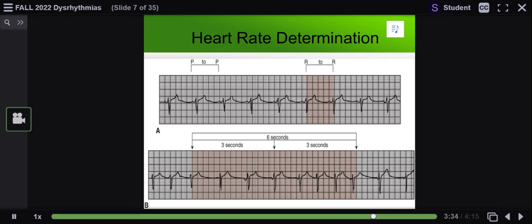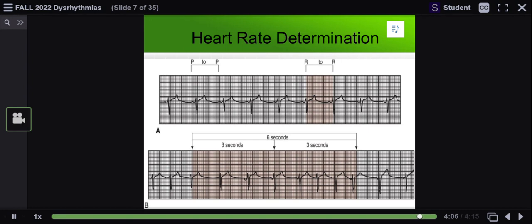Okay, so it doesn't have to be the R. Like I said, you can also use the P wave if you want to know the atrial rate. So count the P to P interval in this rhythm strip, multiply it by 10, and that would give you an estimate of the heart rate. And obviously, as you can see in this strip, the rhythm is irregular. So this is an example of a sinus arrhythmia,